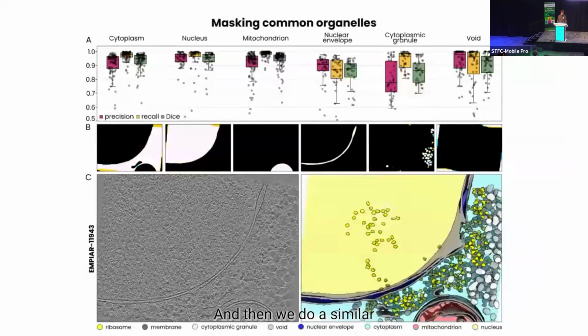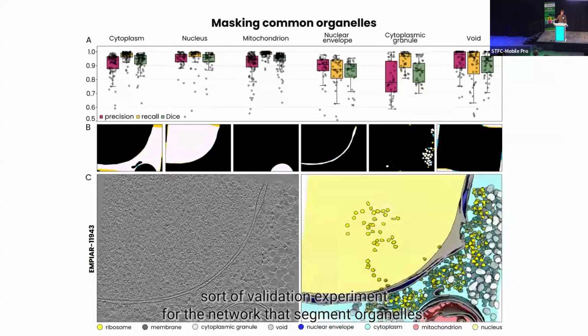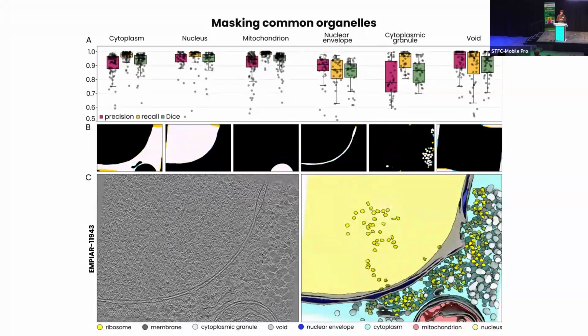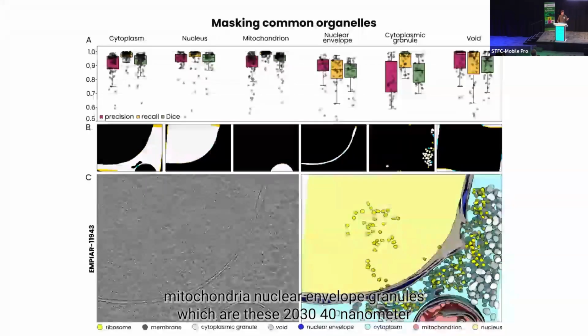And then we do a similar sort of validation experiment for the networks that segment organelles. So for complexes, you can do subtomogram averaging and get a structure, and that is a way to figure out, is the annotation accurate? For organelles, you can't, because you can't really average a mitochondrion, although I've seen André Schwartz try. So we do it differently. We annotate the ground truth. We compare the network outputs to the ground truth, and then we measure the precision, the recall, and the Dice score. And this is plotted here for a couple of common organelles: cytoplasm, nucleus, mitochondrion, nuclear envelope, cytoplasmic granule, which